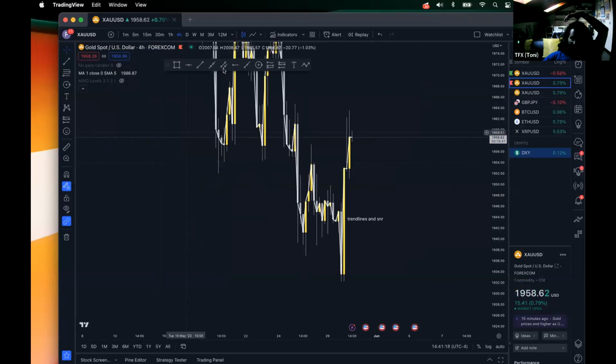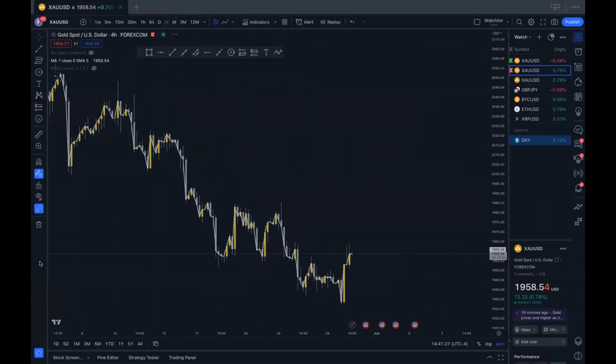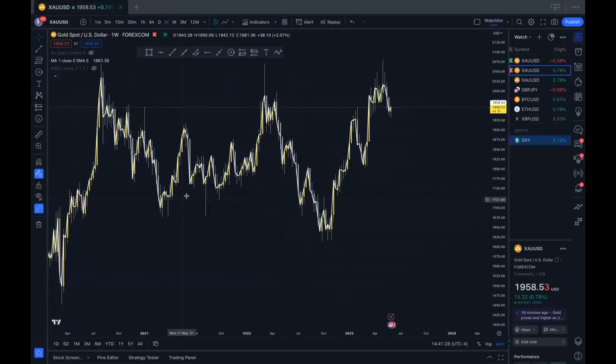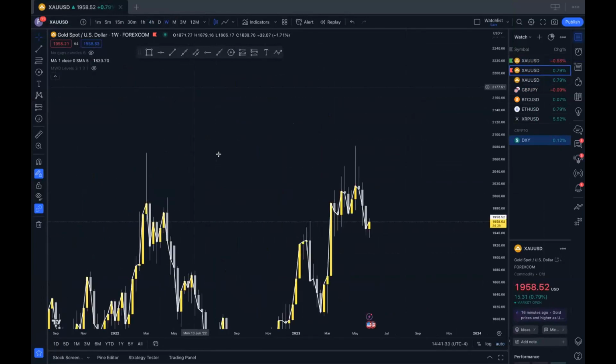And Robbie, what about right now? What do you expect the price to do? Which levels do you mark here? Let's check it out. How do you see the chart right now? All right, so